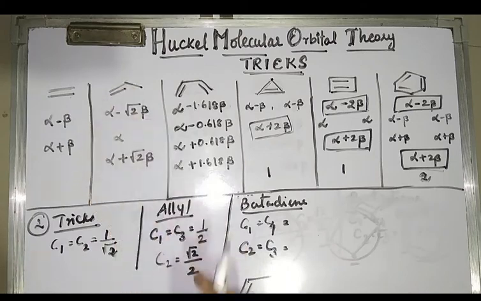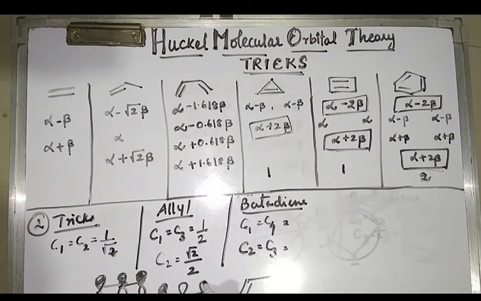If you see the lobes also in the allyl compound, 3 lobes are there. Okay, 3 lobes will be there. The first lobe, all the upper will be like this. In this also C1 and C3 are same. And the last one also, if you check it, these two are same. So the C1 carbon atom and C3 carbon atom are same, and the C2 alone is different. That is root 2 by 2.